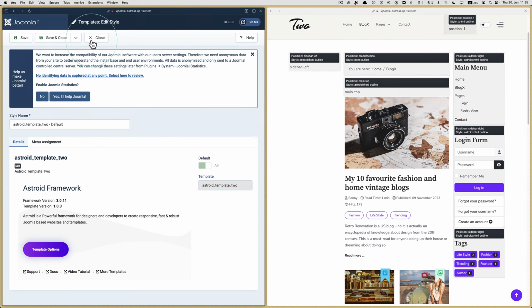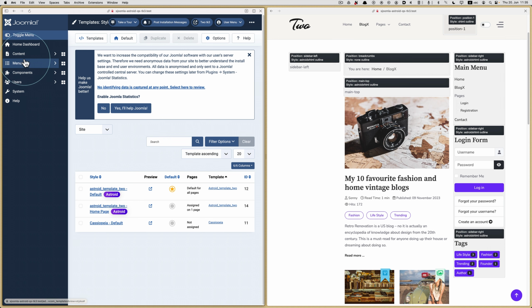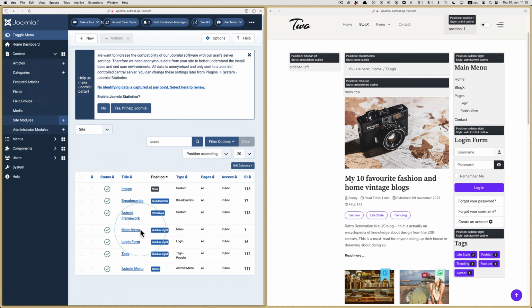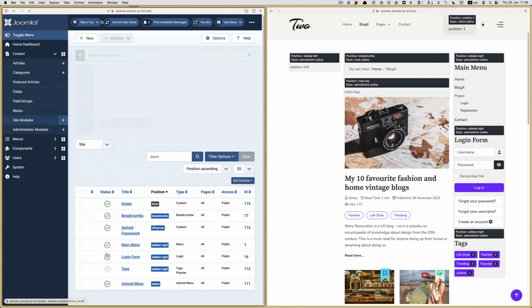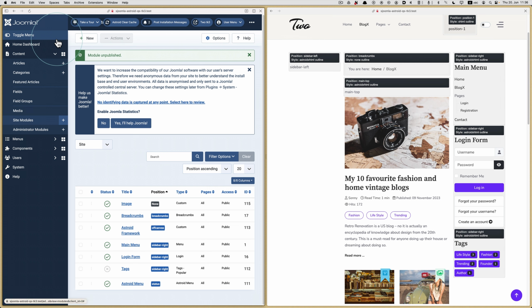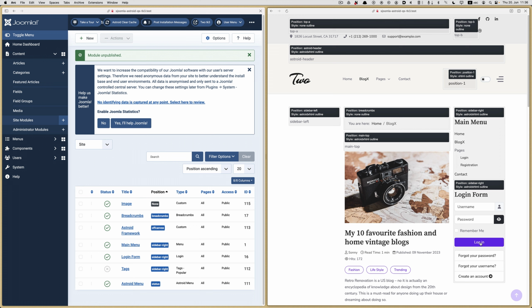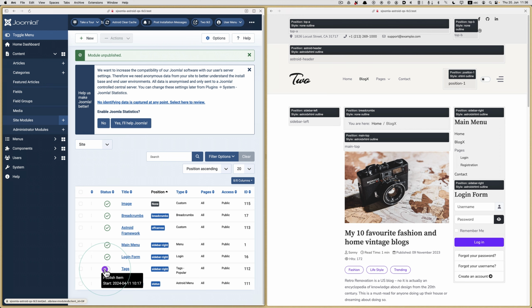Back to Joomla again for a minute. And this time we're going to go to site modules. And here we've got the main menu. And I think we did this previously in this playlist, if not somewhere else as well. So let's just switch off the tags, for example, and refresh. And the tags are gone. Let's put them back on